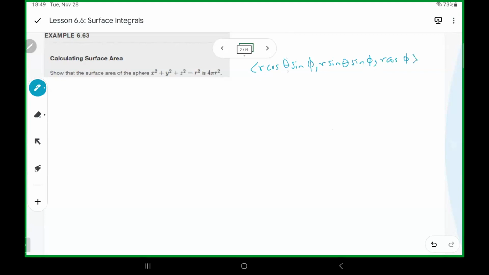And then, okay, so the tangent vectors would be